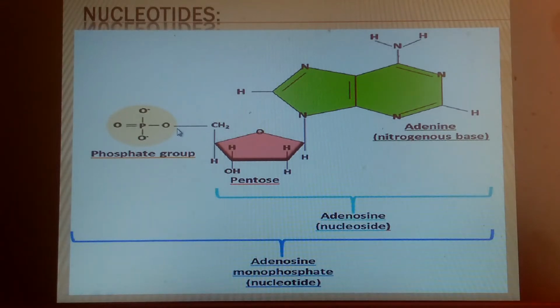Likewise, if you consider this one, it is an ester linkage, a phosphoester linkage. Phosphoric acid is bonded through oxygen; carbon is bonded to the phosphate group through oxygen. It is an ester linkage. So we can easily analyze and understand things here. We'll move on to the next one. So it is the monophosphate we have discussed.